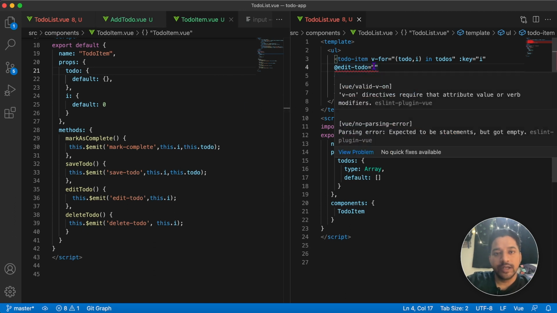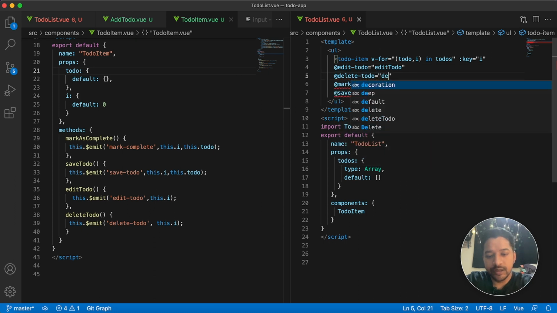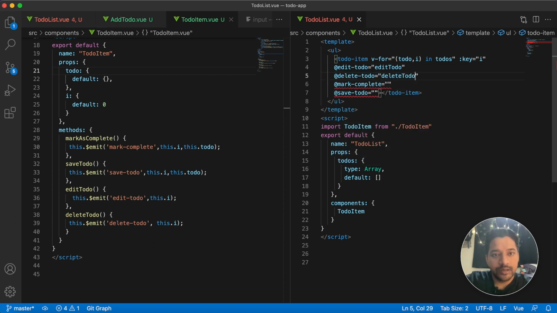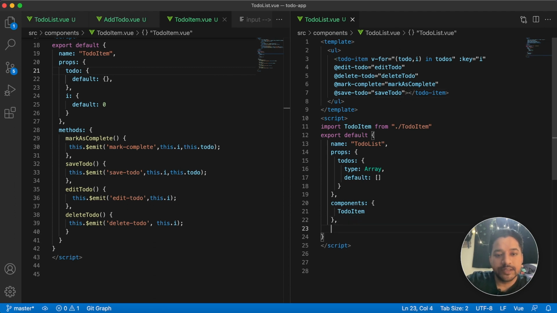So here edit to do, we'll write edit to do method, or delete to do method, or mark as complete, or save to do. Okay, in the method section